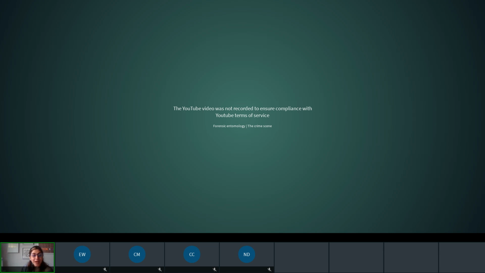We use it to identify bodies. We use it to not just identify the victim, but we can also use it to compare to these suspects as well. If they have any sort of bite mark, if they have any sort of imprint on them, that they would then be able to use that against one of the victims. And so forensic odontology is a